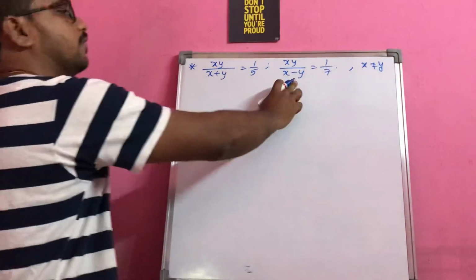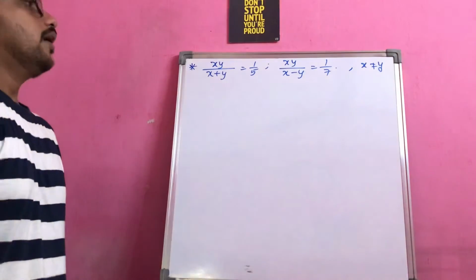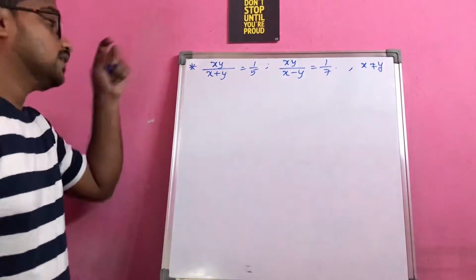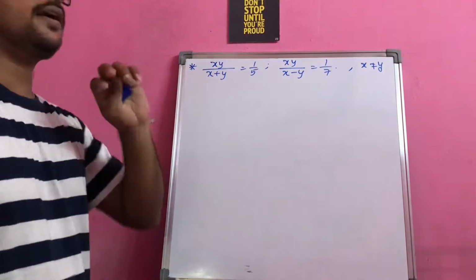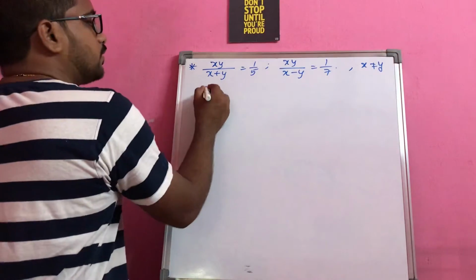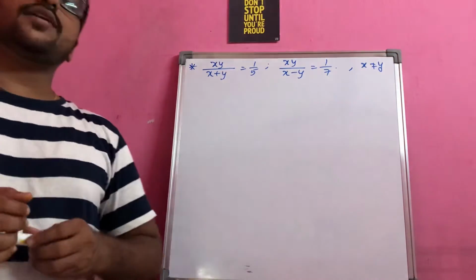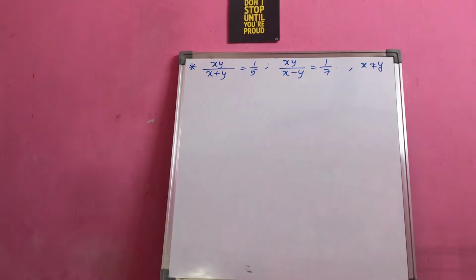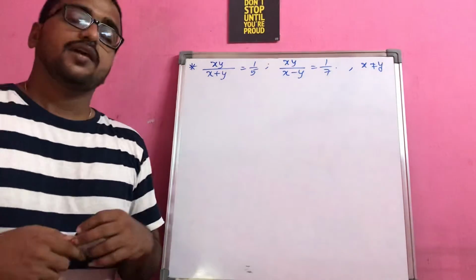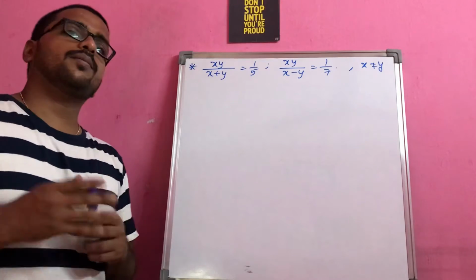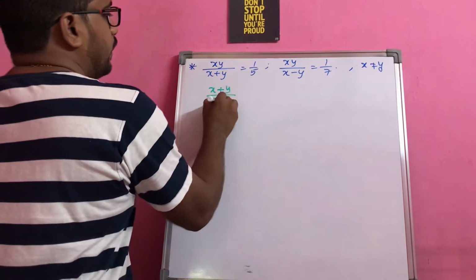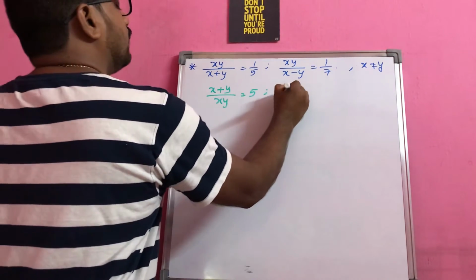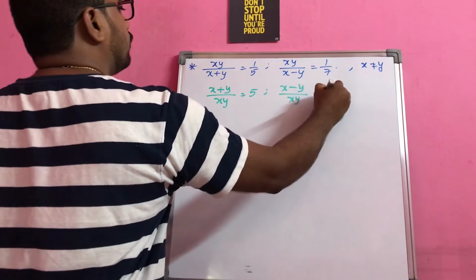Why? Because if x equals y, this term will become something by 0. Okay. Now just observe here again the same terms are repeating and also obviously this is not in the linear form, because the degree in the numerator is power 2. So the ground rule that you can remember is, whenever you are having a fraction, try to bring it so the numerator has more number of terms compared to the denominator. Why I am asking you to get the numerator with more terms than the denominator is, you just observe, then you will understand. x plus y by xy, I am just taking the reciprocals. Even here also, x minus y by xy is equal to 1 by 7.